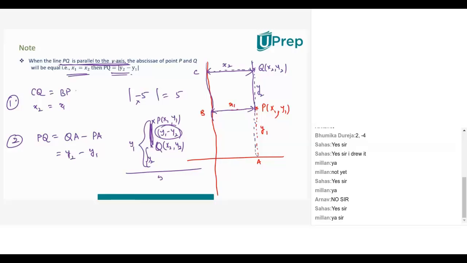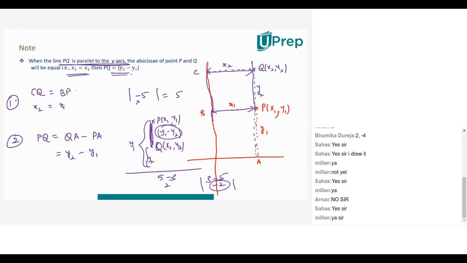Instead of writing 5 minus 3, I may write 3 minus 5 because I don't know which point is above and which point is below. But here I'll get 2 and here I'll get minus 2. But distance cannot be negative. If it is unknown whether y1 is bigger or y2 is bigger, but I know that finally the subtraction should give me only a positive number because distance cannot be negative,